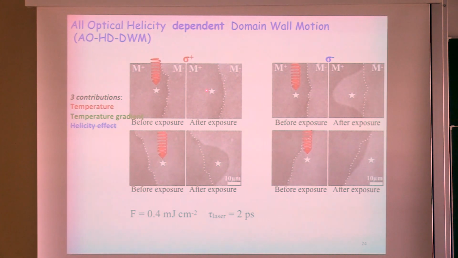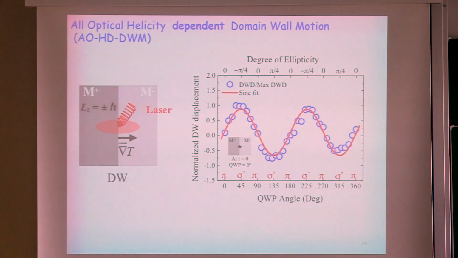So you see that on one side, it's not moving at all. On the other side, it's going to move much more than the position of the laser. And that's true for both helicities. So here we see a motion, not here. Here we see a motion, and we almost see nothing here, and you see the motion here. All right, so that's clearly showing that what's happening is that you have a competition between the thermal gradient that tries to move toward the hot part and this helicity that tries to push us